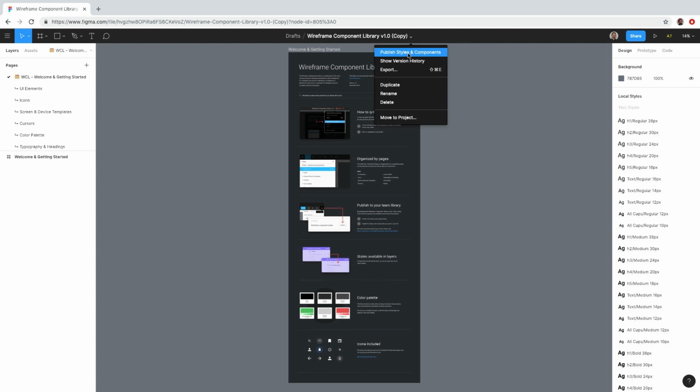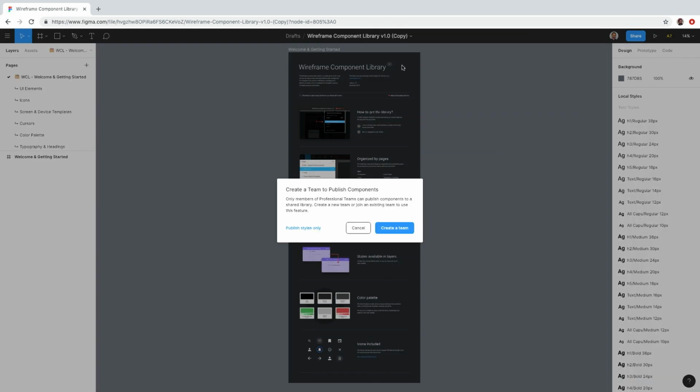things. First, if you have a budget, you can publish this style and component to your team. This requires a premium account within Figma, but is a very powerful feature to allow you to link this to all of your projects and have a single source of truth across different design files.